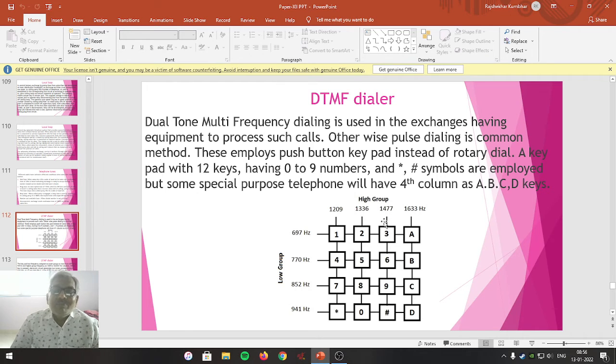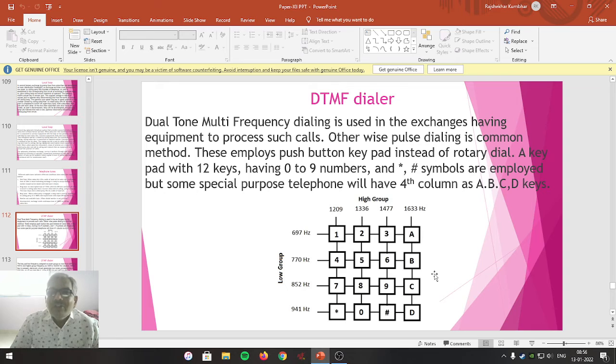But nowadays, some additional aspects are also associated with this keypad. If a fourth column is added, with the alphabetic keys A, B, C, D having the frequency 1633 Hz, then we can call that keyboard an extended keyboard.